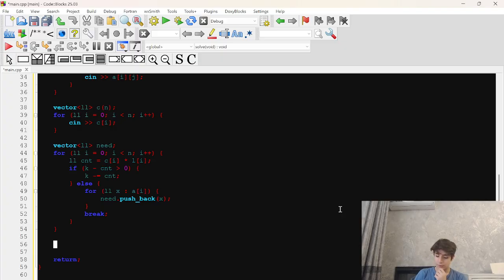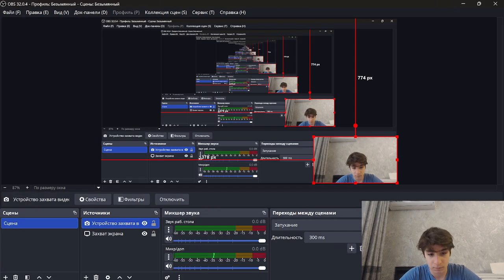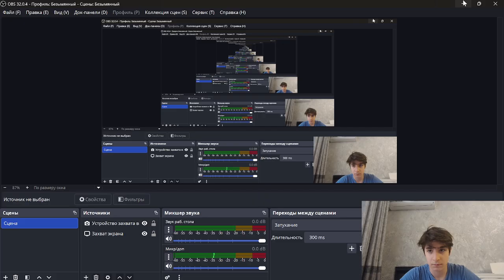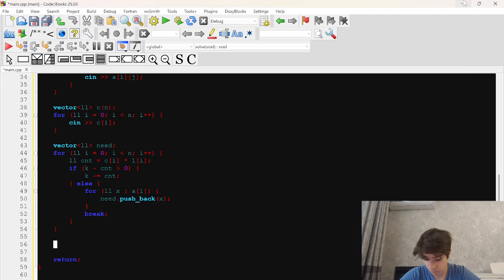But what about 8? The 8th element is 4. 8 modulo 4 is 2. No, it's not. What if I divide? No, if I divide, I don't get something brutal.